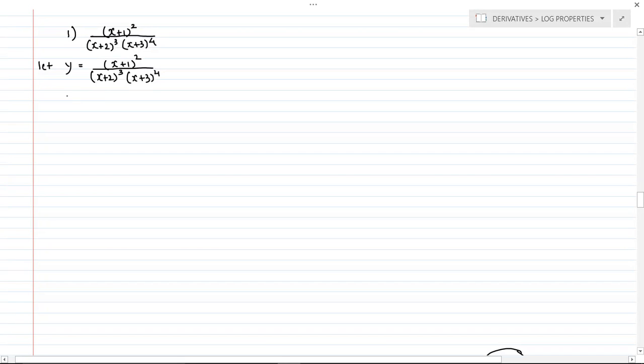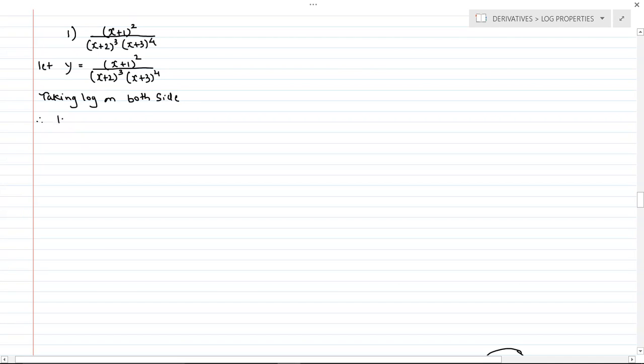Here clearly we can see that we have the bulk term. If you want, you can use the concept of u by v also, but it will take too much time to get the answer, as you will use the derivative of u by v directly. So the best way is what? We'll take log, taking log on both sides.